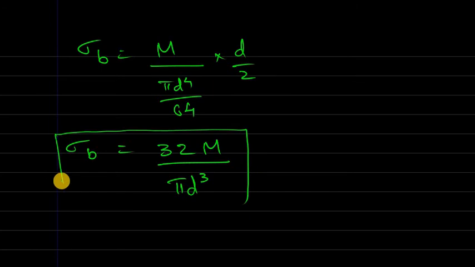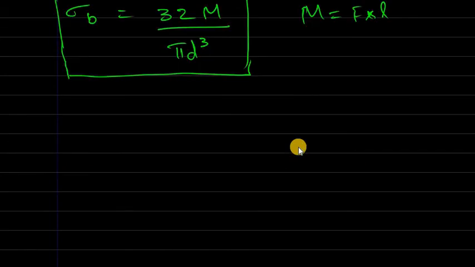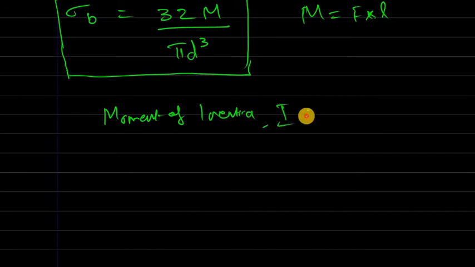So this is one of the equations which you are supposed to know, and it is very important while doing problems. Then the moment, in this case, comes like force into length. According to the requirement of the problem it gets changed, so we will consider this as a reference equation, 32 times M divided by pi d cube. If the cross section of the beam gets changed, if it is of rectangular type, then the moment of inertia I becomes BD cube by 12. So according to the shape of the cross section we have to consider the equation for moment of inertia. These are the different types of normal stresses that are being developed in the components.